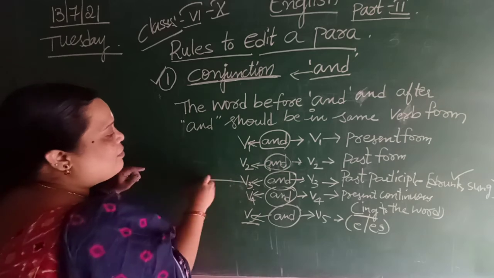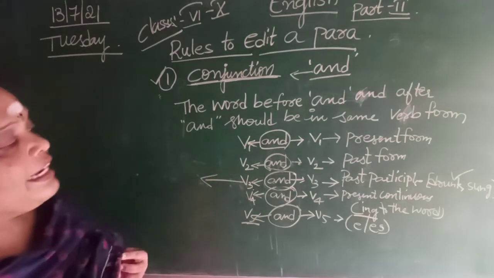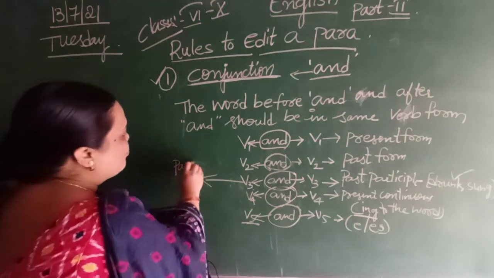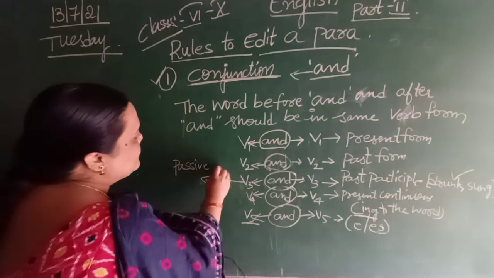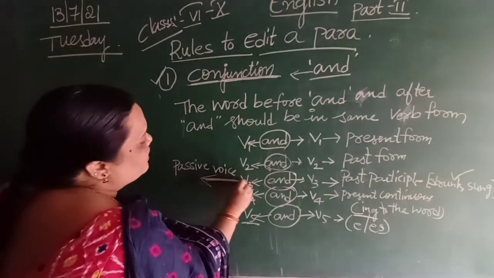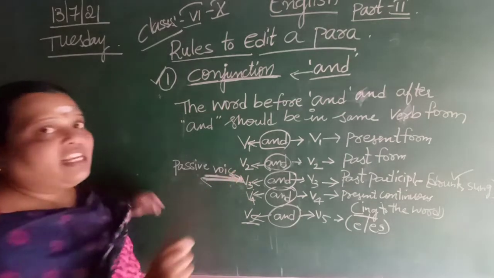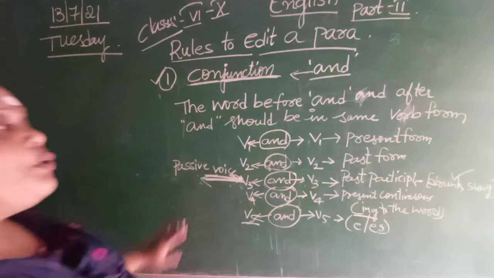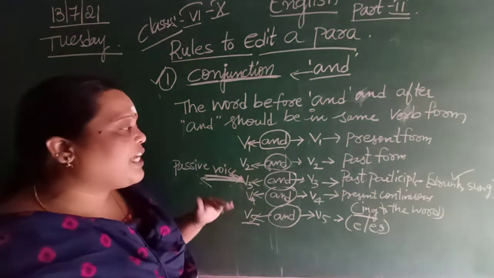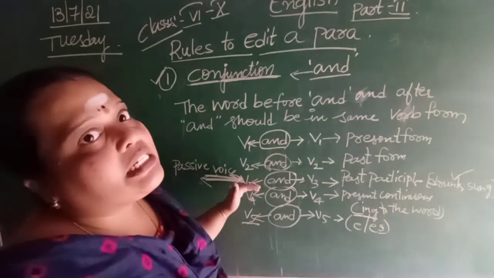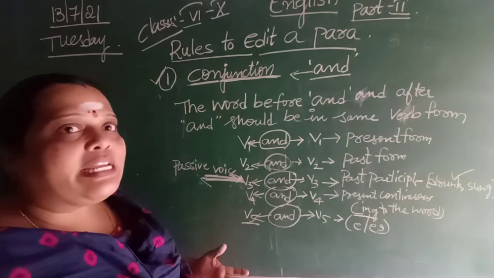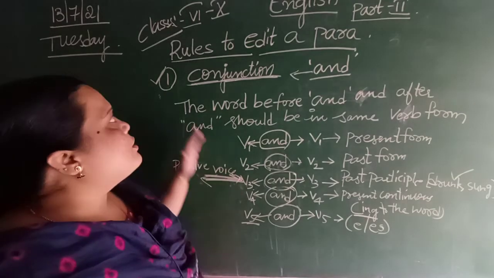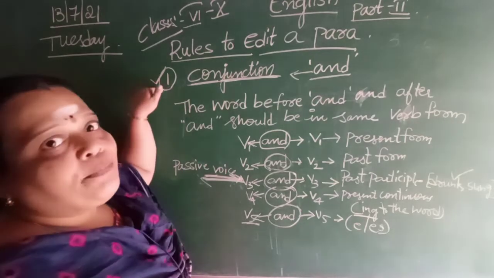ఈ V3 ఫామ్ లో సెంటెన్స్ ఎప్పుడు యూజ్ చేస్తామంటే ఎప్పుడైతే మనం సెంటెన్స్ అన్నది పాసివ్ లో రాస్తున్నామో, when we are writing some sentence in passive voice, then generally we will be using V3 form. See, what is passive voice is, it is used to be written, but in general we won't use those sentences while we are speaking. Is it clear, Nana? So this is rule number 1.